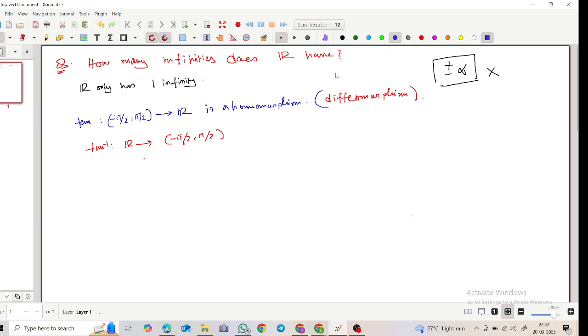So let me write this, minus pi by 2 to pi by 2. From there I'm using a map to R2. Okay, the map is x will go to